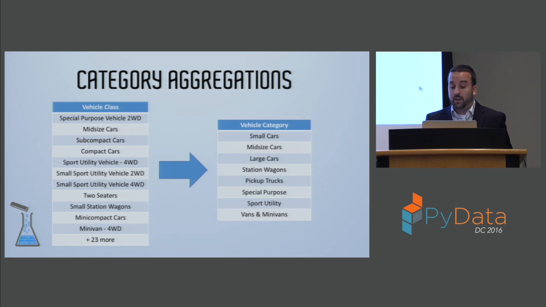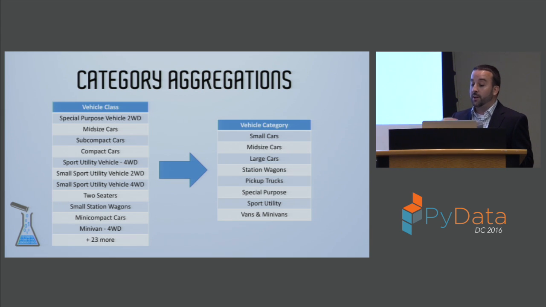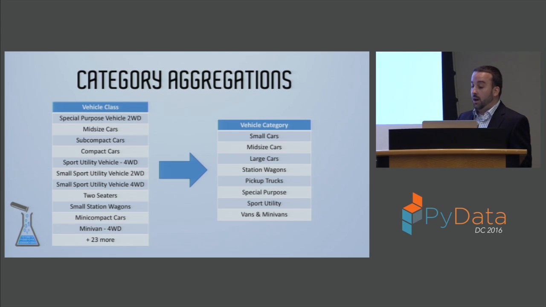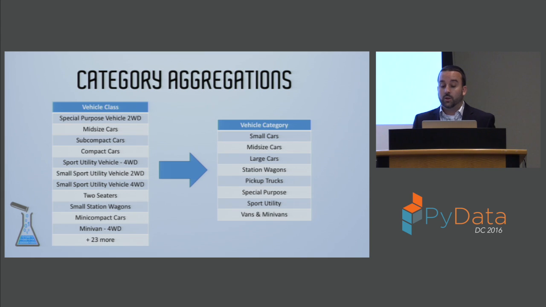And the same thing with the vehicle class field in our data set. We start off with 34 different categorical values, but I was able to distill those down into 8 categories, which is a lot easier to look at. And so keep in mind that when you're doing this, you're not overwriting the original categories. What you're doing is you're creating another categorical field that's allowing you to view the information at a higher level. And so if you need to drill down to the more granular categories, you can always do that. But at least now that you've done this, we have a choice.